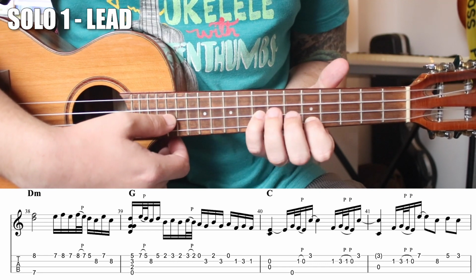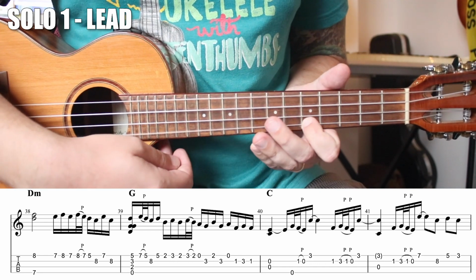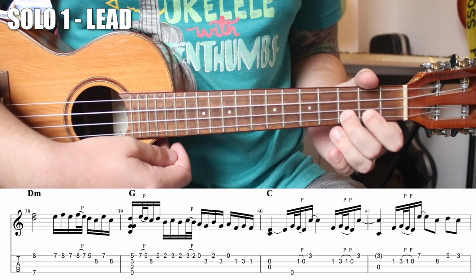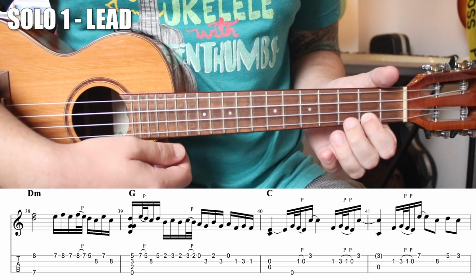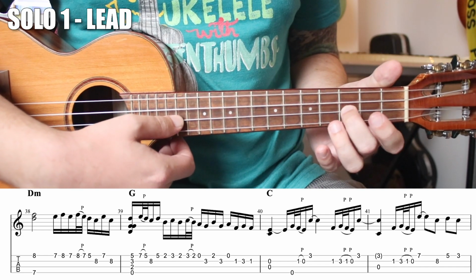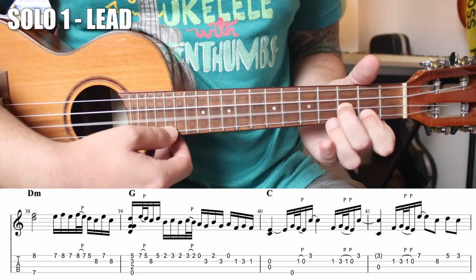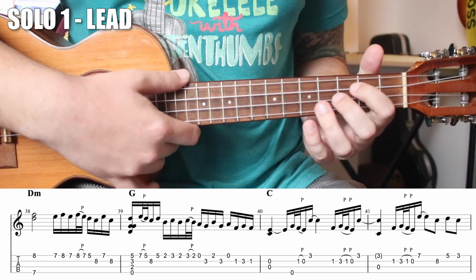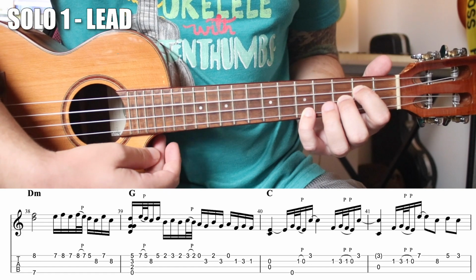Play the 8th fret with our pinky. 5th fret. 2nd fret. 3rd fret. 2nd. Then 3, pull 2, pull 0. So the 3rd fret of the E. 2, 3. Open. 1, 3, 1. So that next measure you get